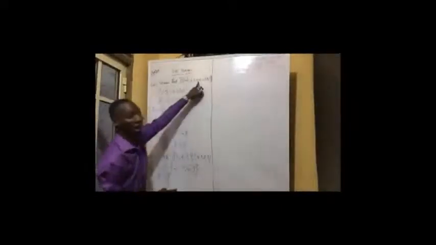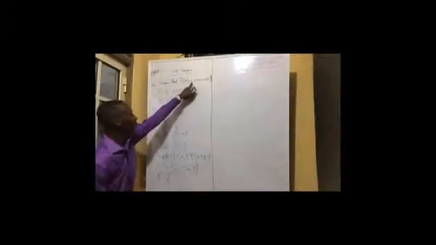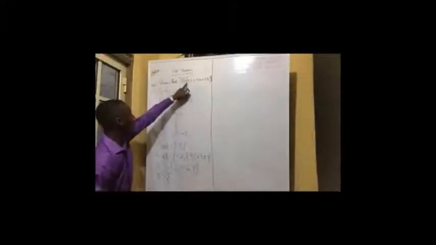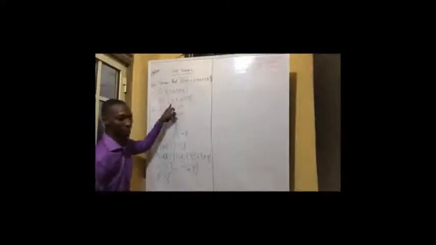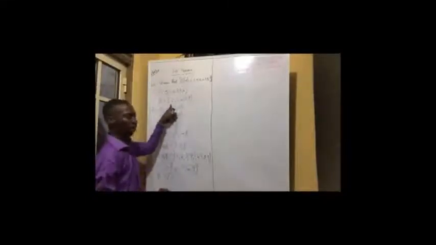So the next thing is our B complement. The same thing here. Elements that are in the universal set but not in what? Set B. So I have 2 in set B. Go to your universal set. Do I have 2 in the universal set? Yes. First start with the universal set. Now check out. 1 is in the universal set but not in set B, isn't it? So 1 is part of the elements. 2 is in the universal set but is also in set B, so it's not part of it.